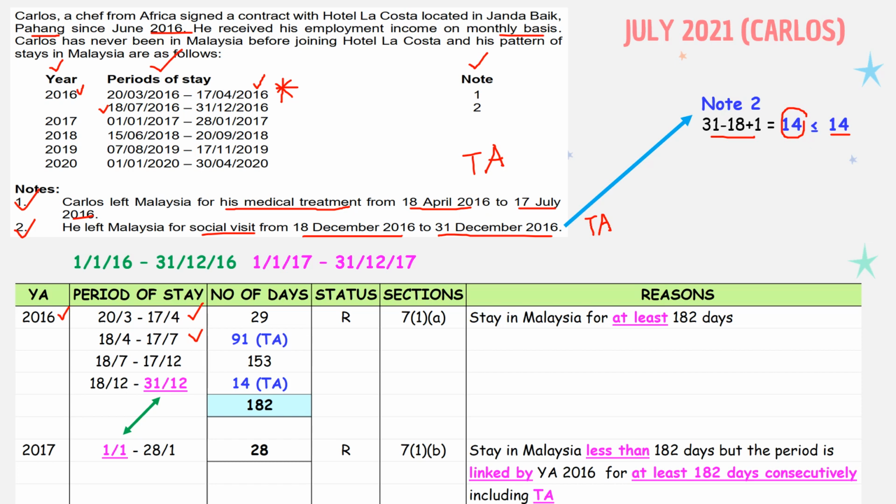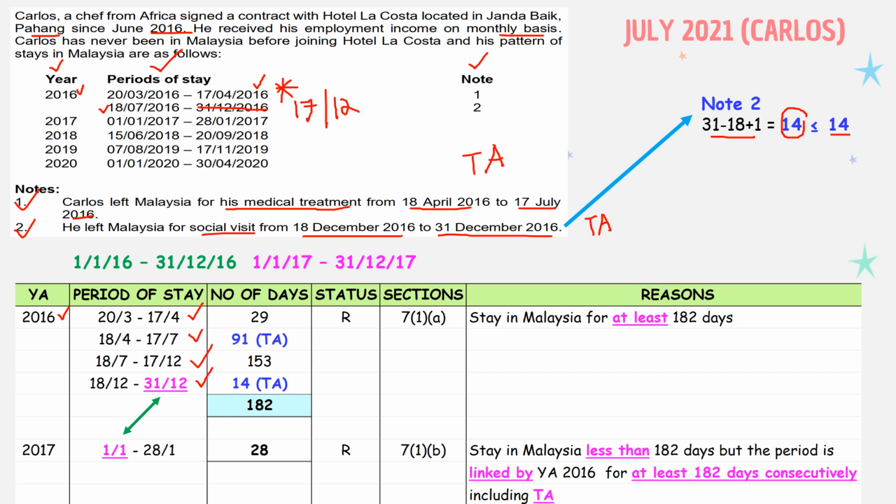However, guys, remember, note number 2, 18 December until 31st. This is TA, isn't it? So you need to record separately. So meaning to say the date here, 18 July, you cannot record straight to 31st December. No. So you need to split this period. So this one, up until 17 December. Alright? Okay, and then record TA 18 December until 31st December. Okay, settle for